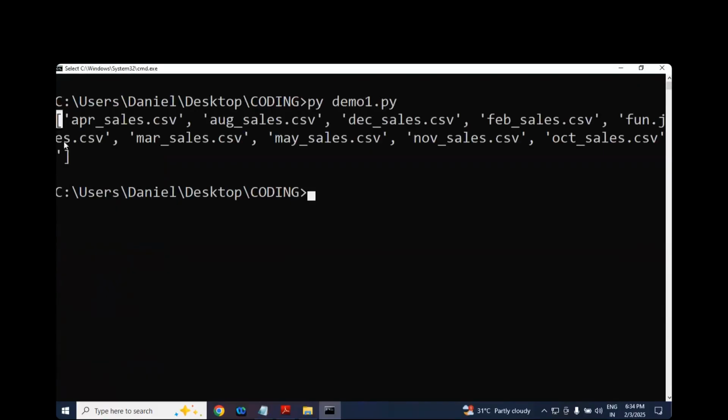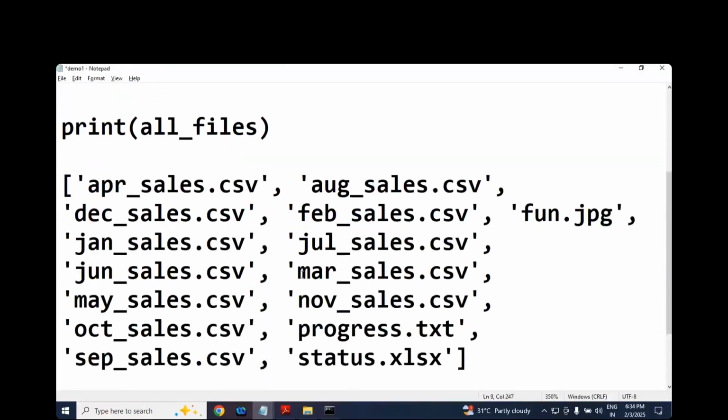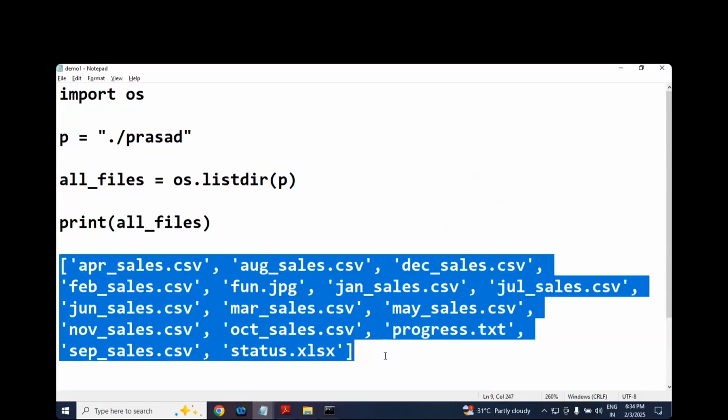First of all, we are getting the list of all file names. This one is the output. Sir, the first step is over. What is the first step? Load all file names. Now the next step: whenever you call list underscore dir,